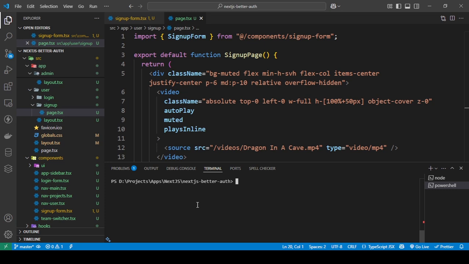So now I need to install Better Auth into my Next.js project. To do that, it's very simple. Just type in the command npm install, or you could just do i, and then better-auth. Okay, so better dash auth. So it's npm i better-auth. Okay, then press enter. While that is installing,